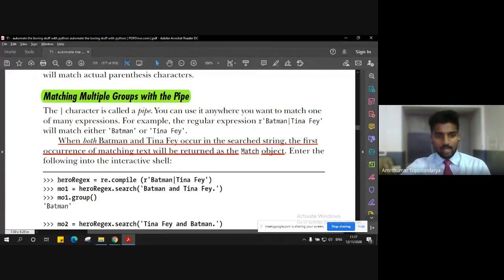So let's say we have an interesting example here. Let's say we have the variable hero regular expression, right? And we are going to give a statement called Batman and Tina Fey, right? Now in this, we don't want to match the regular expression as Batman and Tina Fey. We just want to match Batman or Tina Fey.